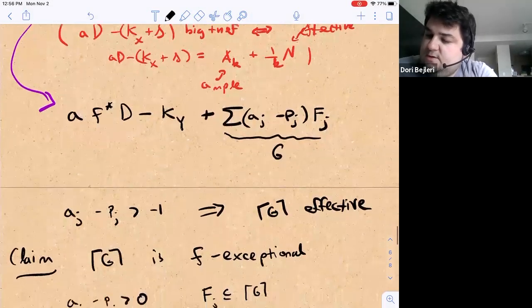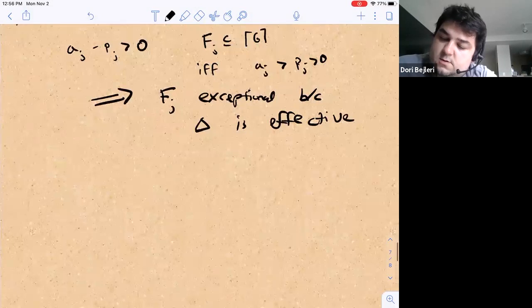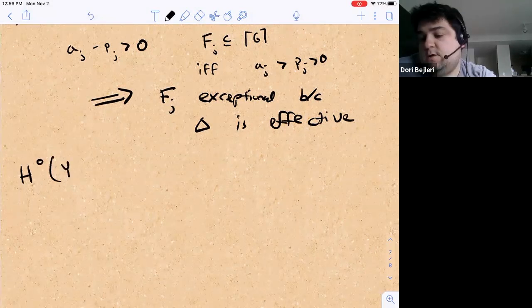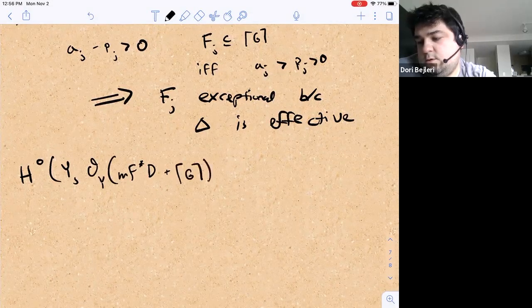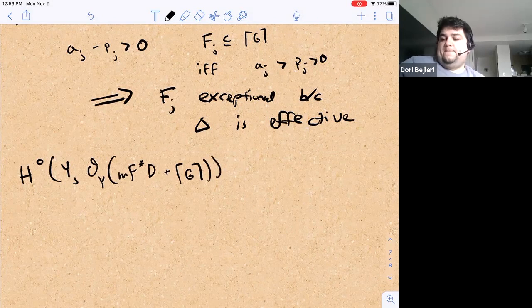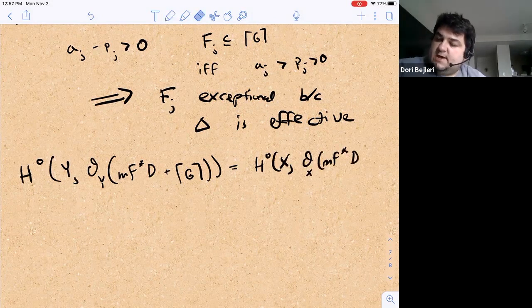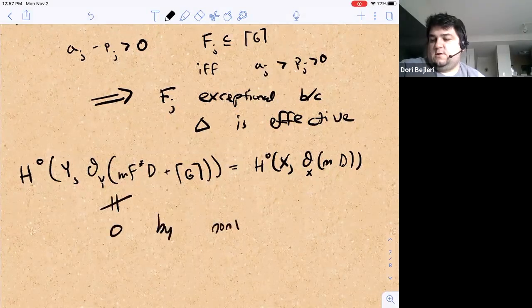So right, then H0 on Y of an expression like this is equal to H0 on X of MD, because this roundup is effective and exceptional, but on the other hand, this is not equal to 0 by non-vanishing,